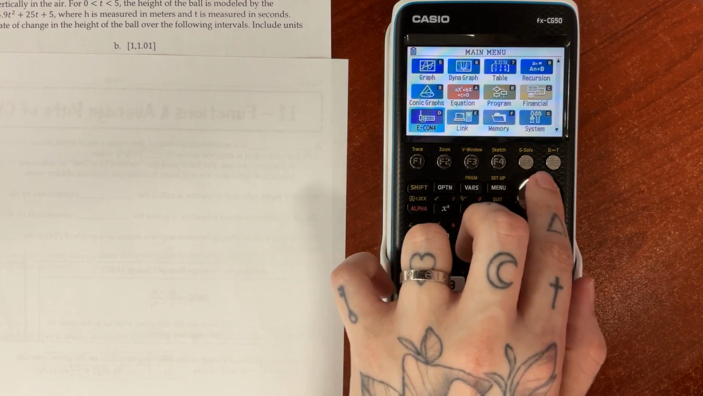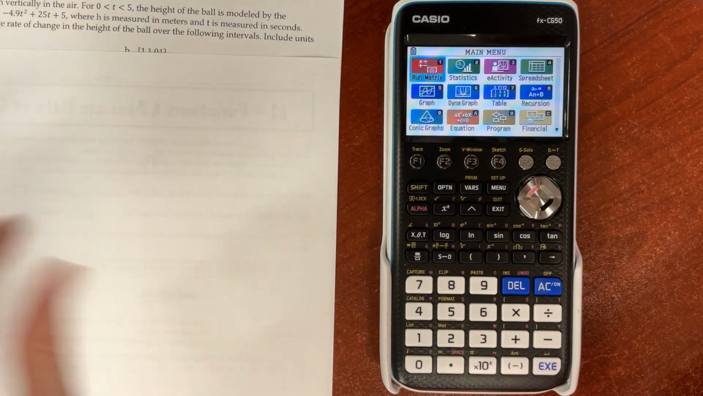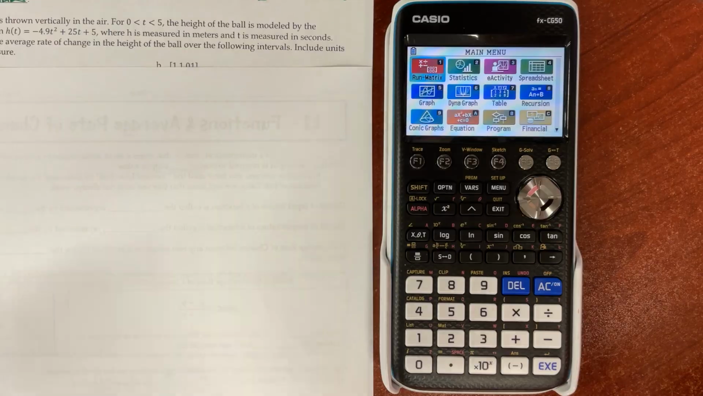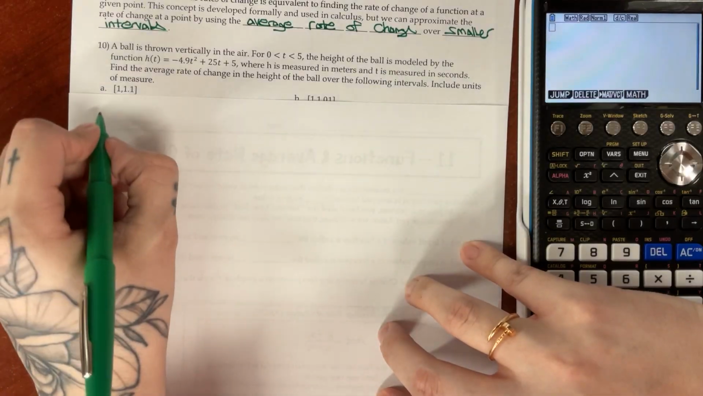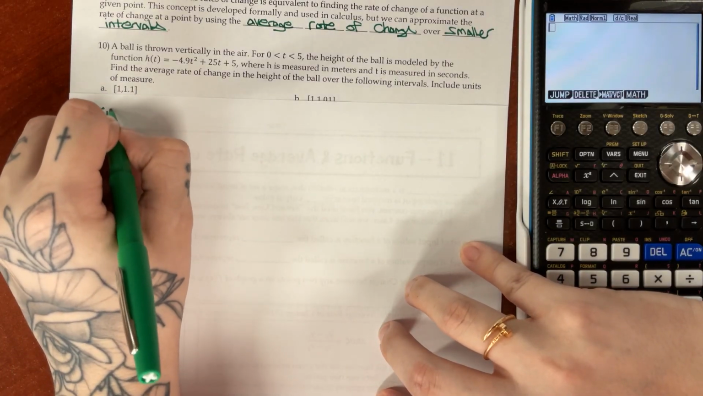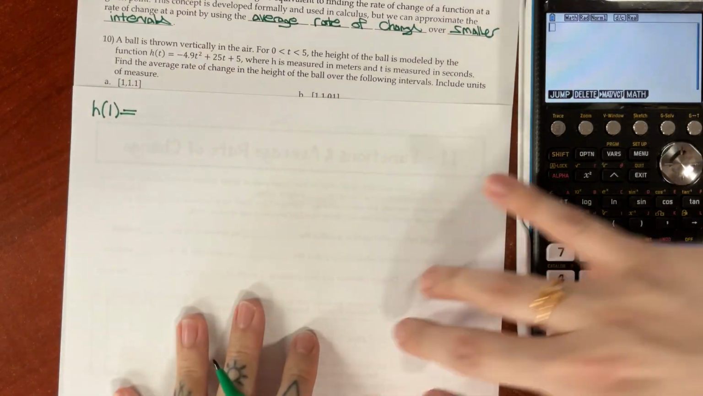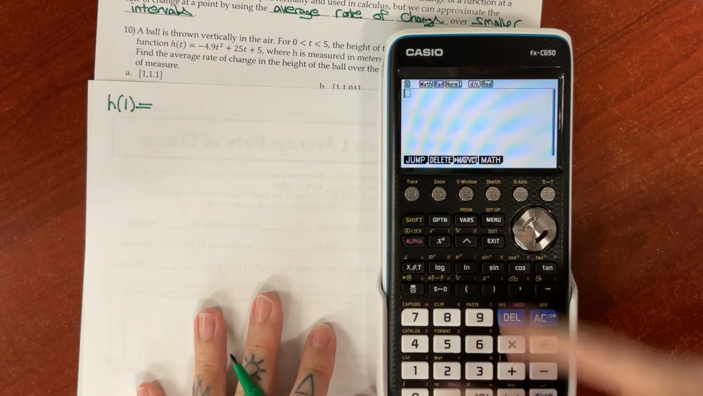Okay, so once you reset, now I'm going to go ahead and begin. You can do this the old-fashioned way. You can go to Run Matrix and just plug in your values. So we need to find the average rate of change at just 1 second. If I do it the good old-fashioned way using function notation, I can do